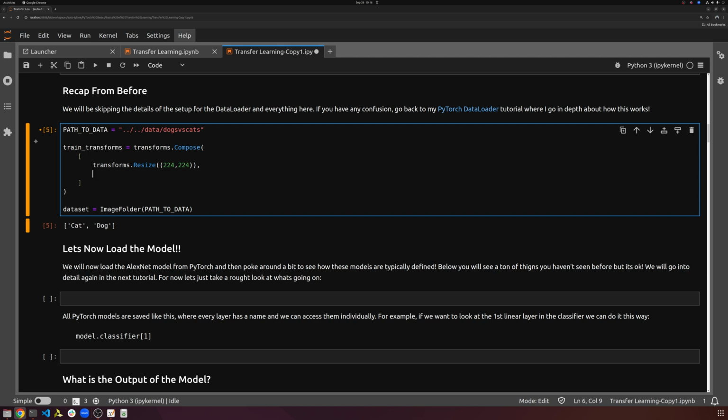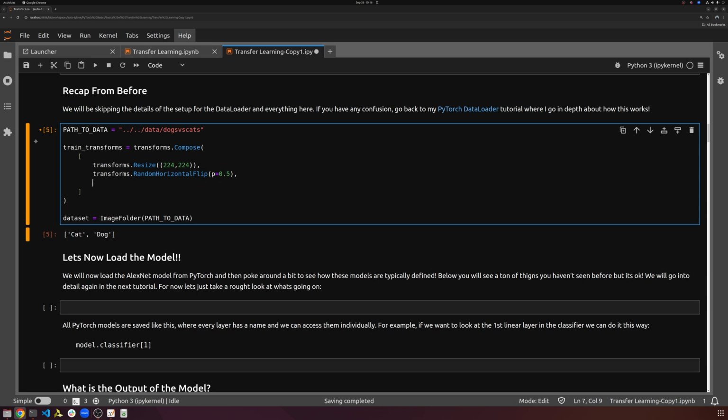So as long as it's a dog, we can provide the data random augmentations and stuff like that. And we'll dig into all of this more in the future. But for now, we're going to do transforms.RandomHorizontalFlip. And by default, p equals 0.5 here, meaning it's 50-50. Half the time it's going to be one orientation, half the time it'll flip to the other orientation. So no big deal there. Then we're going to do